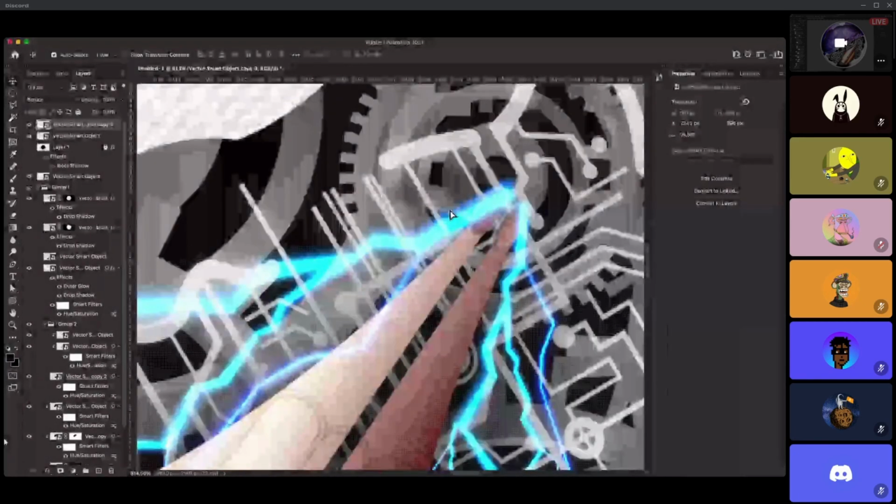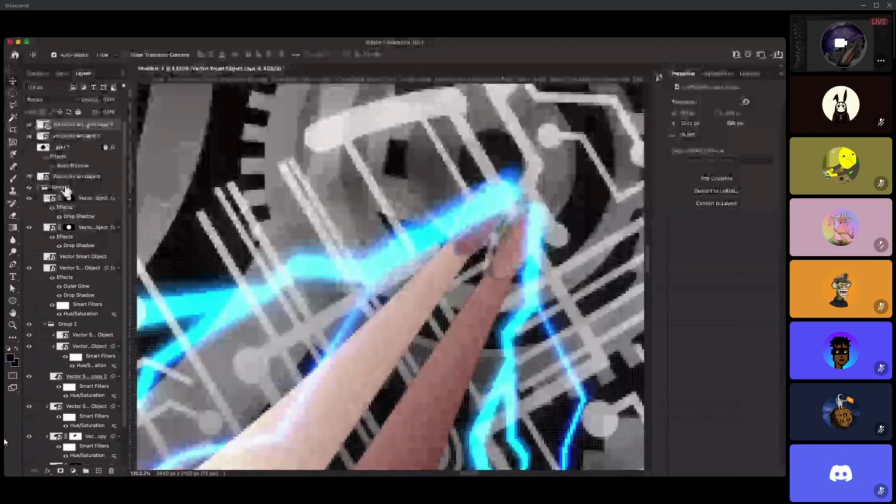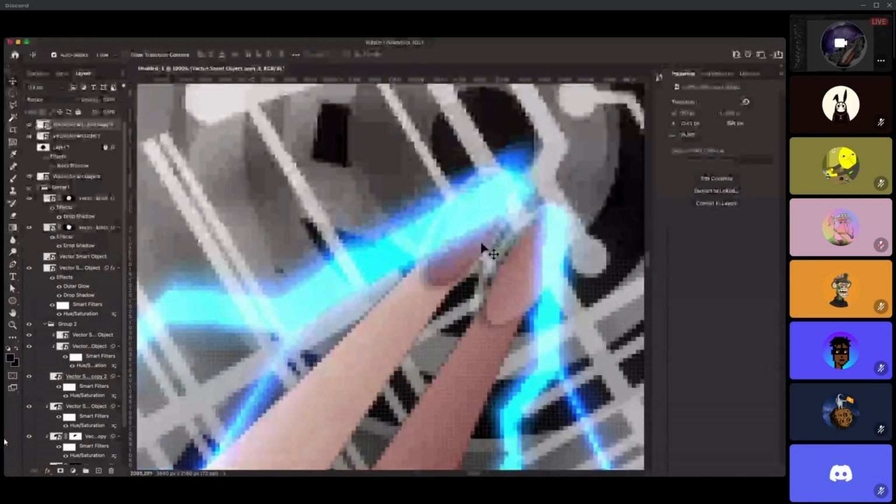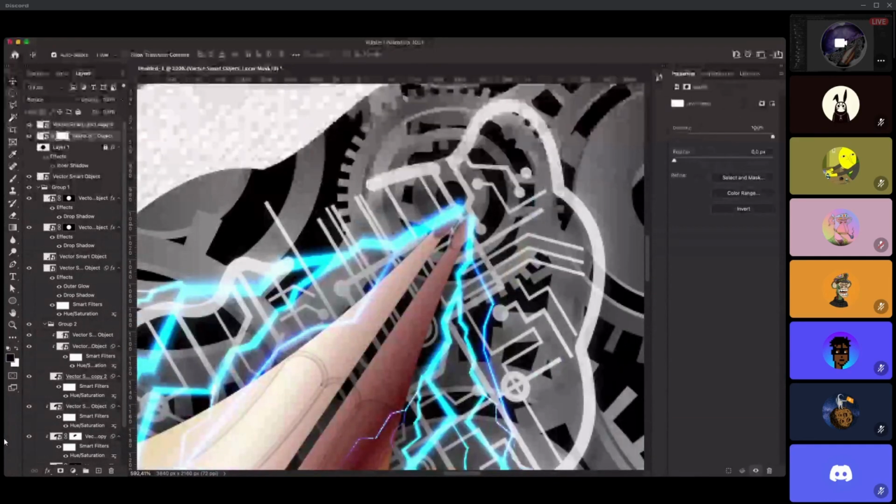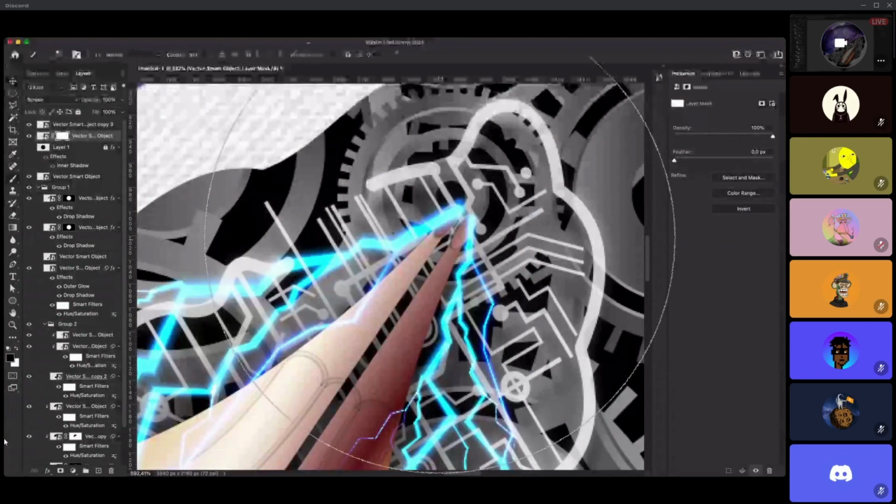So for example, I just don't leave it like this. Sometimes I create a mask layer, and I come with the brush tool, and I really mask this side area and this part out, so it doesn't look like it's just superimposed there, but it's a part of the object itself, as you can see.